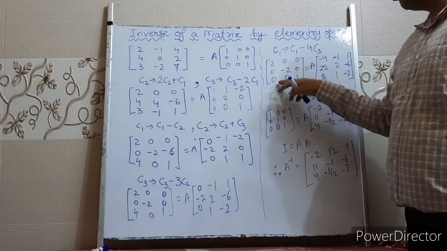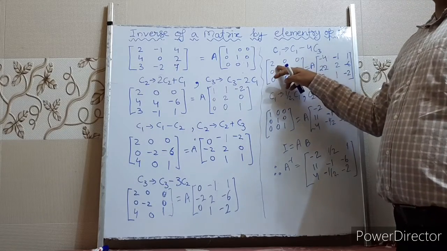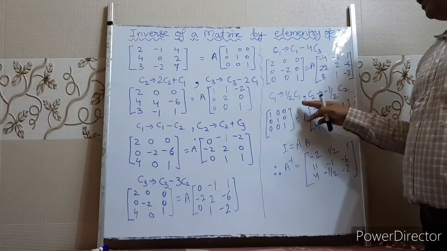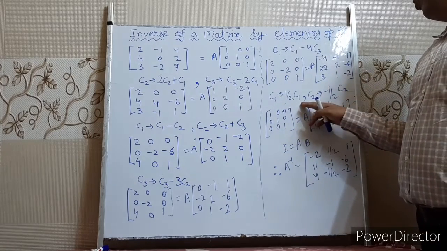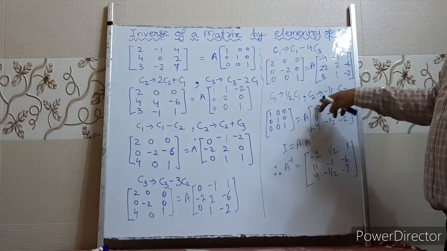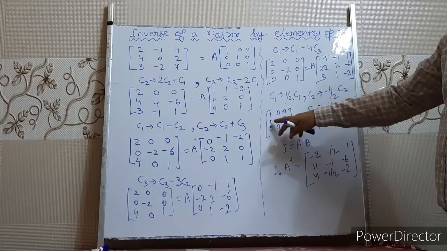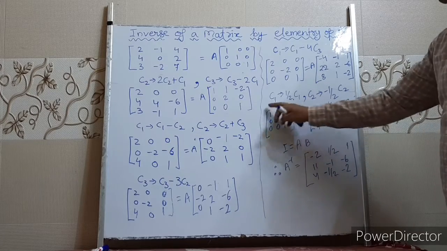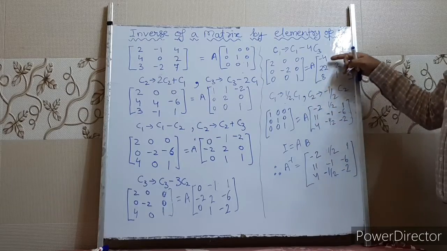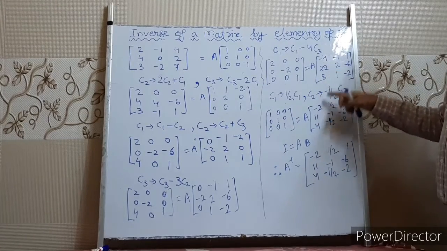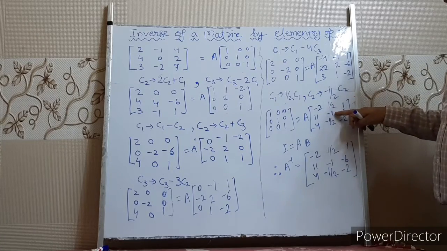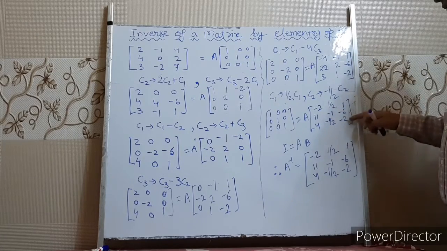Now here we got 2 in column 1. This time here we need 1. And we are getting minus 2 here. So elementary operation 1, we can multiply by any scalar term in any row or column. So I am multiplying column 1 by 1 by 2 and column 2 by minus 1 by 2. This way we are getting the identity matrix, the unit matrix of order 3 here. And when you do that here, you will get minus 2, 11, 8. When you multiply minus 1 by 2 here, you will get 1 by 2, minus 1 and 1. This C3 will remain same.